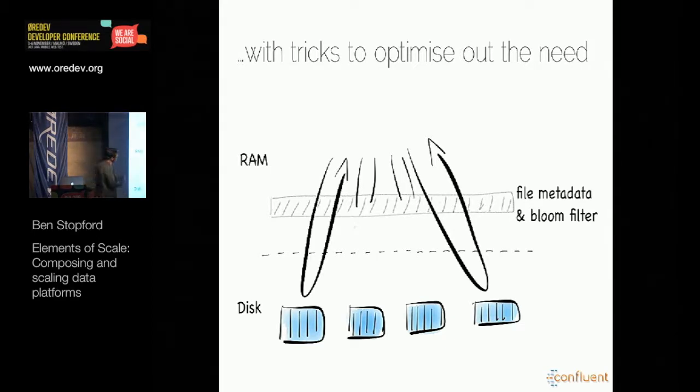The nice thing about this is that we've changed this model to be write optimized rather than read optimized. With this set of small index files, we've used some tricks to optimize read. So what we've actually done is shunt that problem of random I/O away from the read concern and onto, sorry, the other way around. We've shifted that problem of random I/O away from the write concern and onto the read concern. The reason for doing that is that in the read concern, we can optimize it better. It's very hard to optimize away random writes.